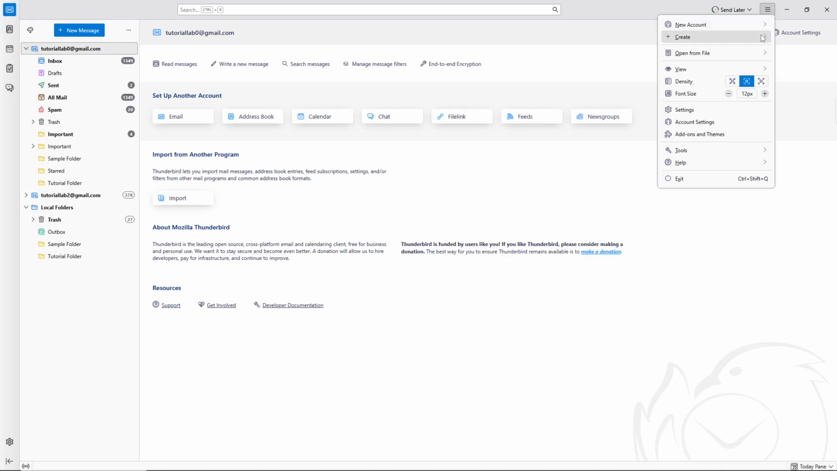From the drop-down menu that appears, look for and click on Help. This option is typically found towards the bottom of the menu and will give you access to various support and information features within Thunderbird. Clicking on Help is essential as it's the gateway to checking for updates and learning more